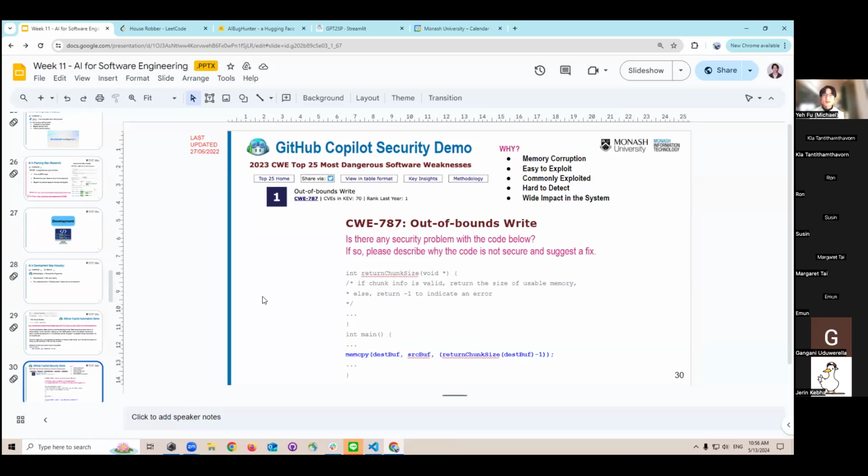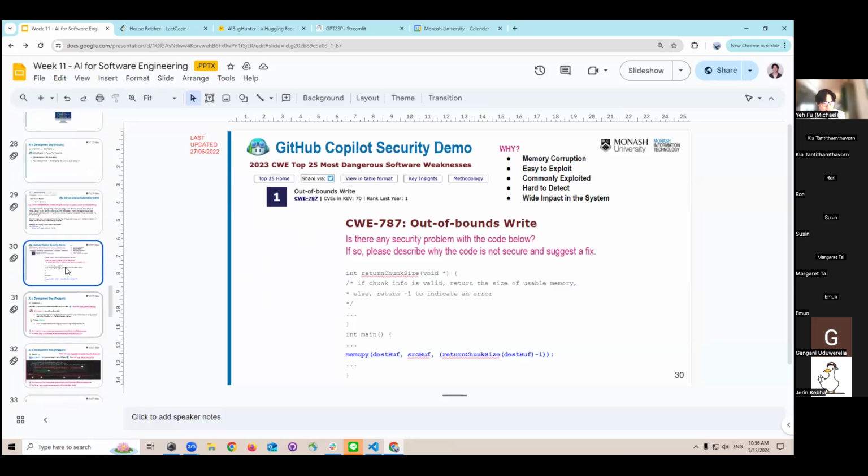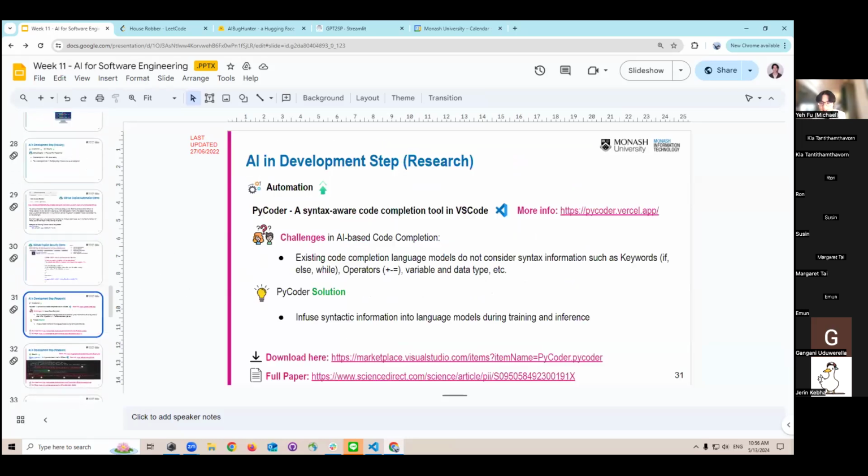They just need to copy and paste their code and add something for Copilot to scan for security issues. But this is really a simple example. And for some complex vulnerabilities, it depends on the situation. It might not get the correct answer. Okay, so next